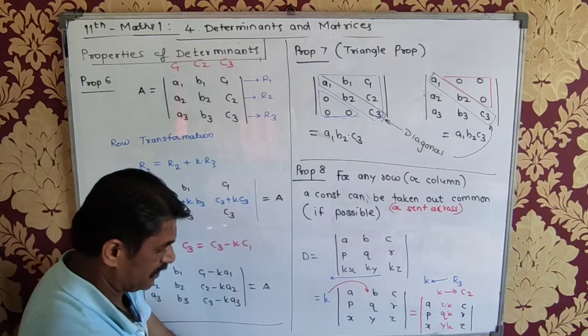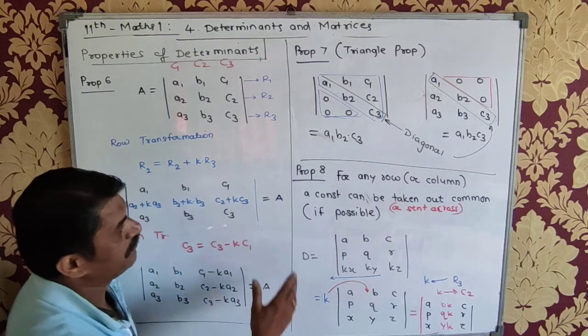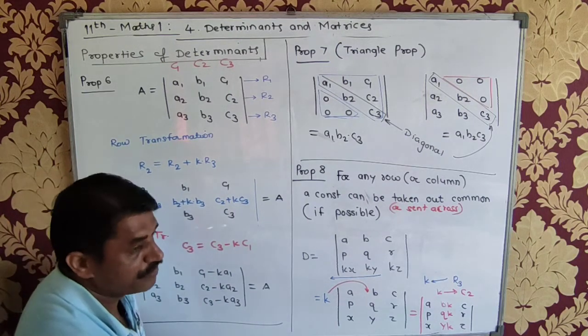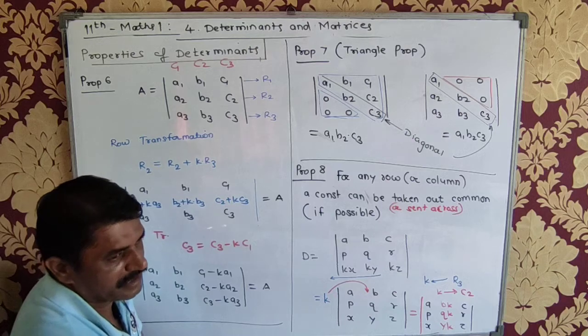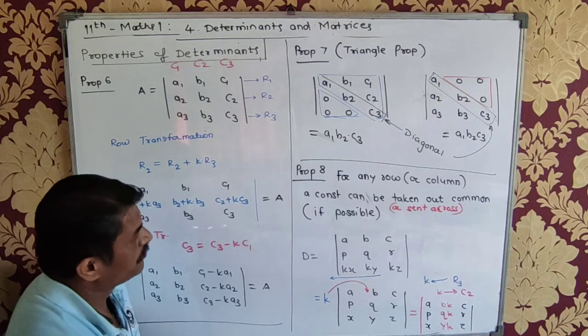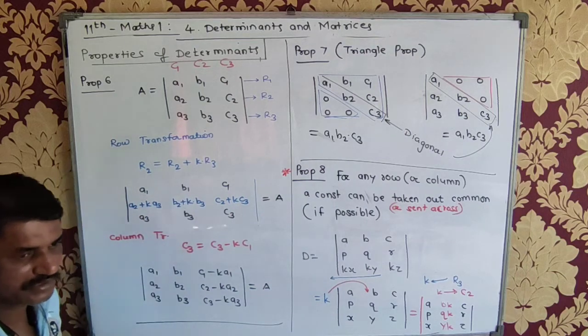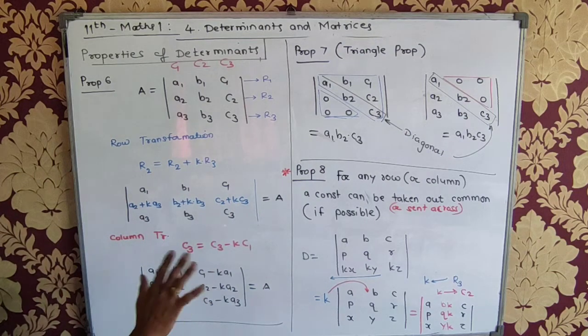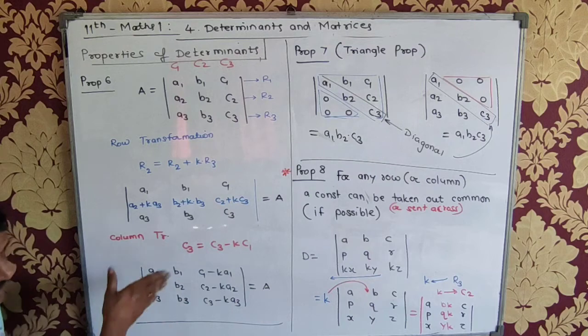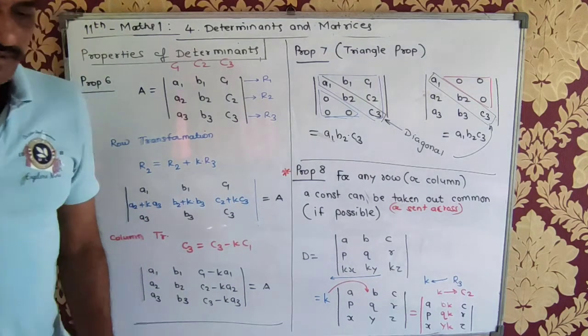Is that okay? This is one very important property which we make use of again and again while solving the numericals, and that's why I have given this additional property, which is not mentioned in the book. Please remember this. Is that clear? It is used many times to take something common or send it across. So take a snap of this.